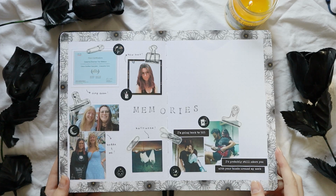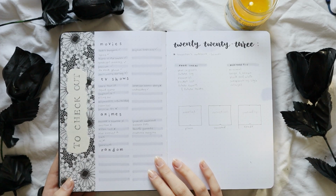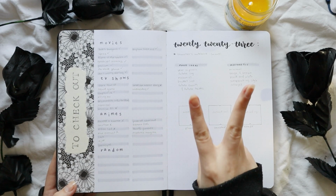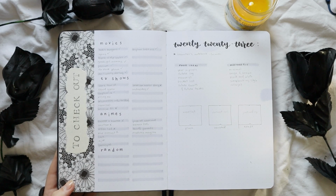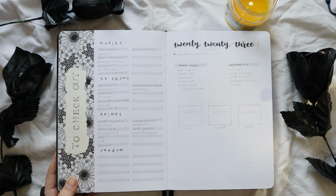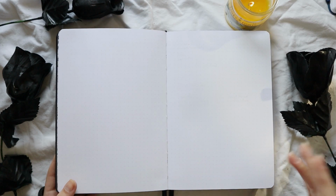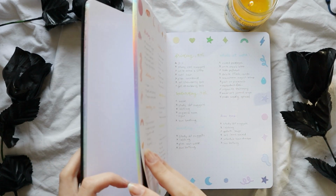And I will share this page on my Instagram as well as my Year in Pixels one. Then I have my checkout page again. I tried this page twice. Doesn't really work for me. I didn't migrate it to my 2023 bullet journal, and this was just my brainstorming of the whole traveler's notebook that I did for my setup of 2023. But yeah, I didn't do any more collections for 2022, so let's get started with